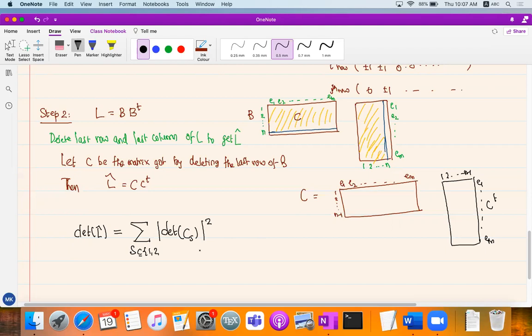CS is the matrix got by taking, if S is a subset of 1 to M of size n minus 1, so let us say S is K1 up to Kn minus 1, then CS is the matrix got by taking the columns